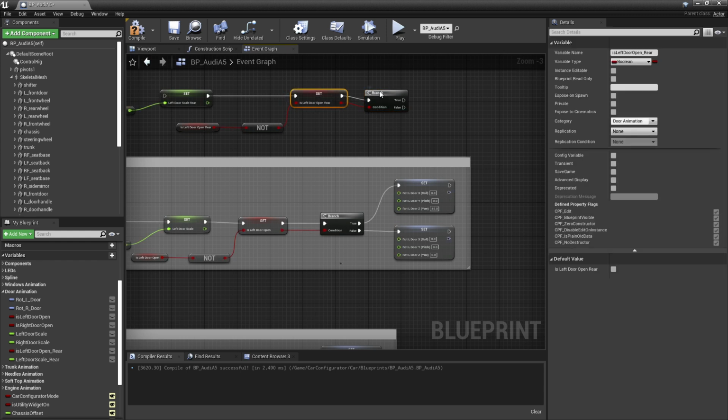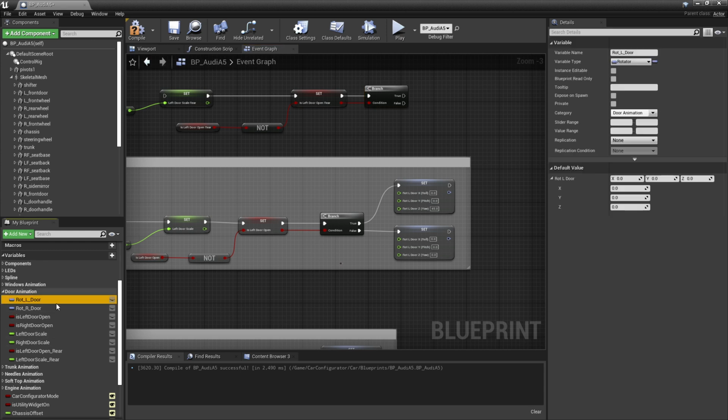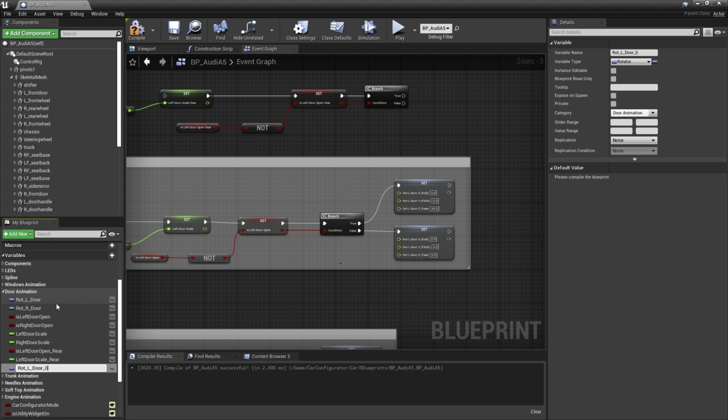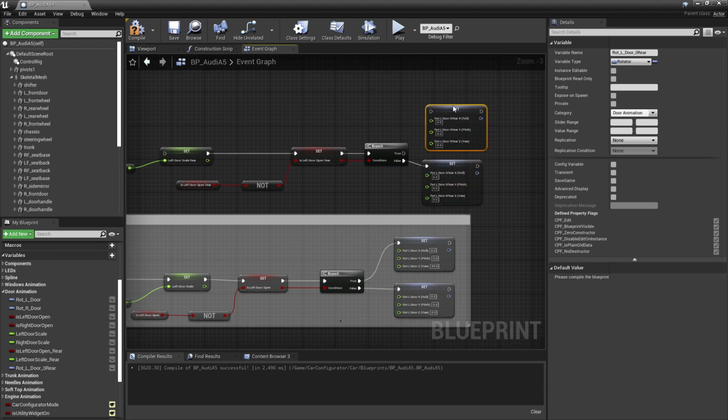So the final thing that we want to do is go ahead and set the rotational values to the two different states, the open and the closed state for the door. So we're going to grab this left door rotator, again, hit Control W to duplicate that. We'll call it left door rotator rear. And we can go ahead and just drag that out, and we're going to basically do a set. So we can expand this out, split that guy so that it's 0, 0, 0 for the false state. And then we can Control W that to go ahead and grab the true state, and we're going to set this to a value of 45.